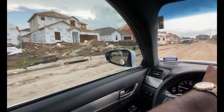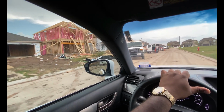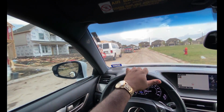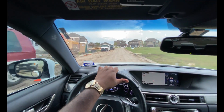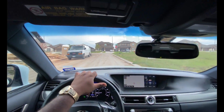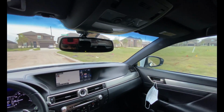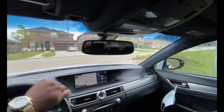But they are building both 1- and 2-story homes over here. And the house that my friend bought, he has a 2-story brand new house. It's only been here about a couple months, but still a developing area. So unfortunately, I can't really show you much,